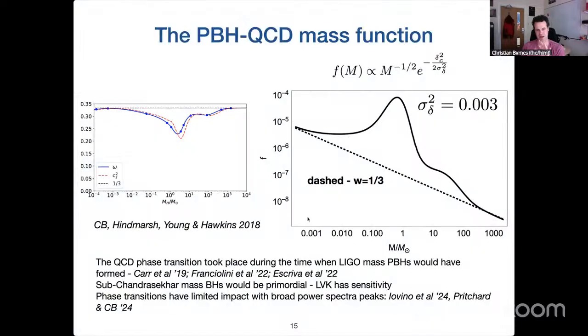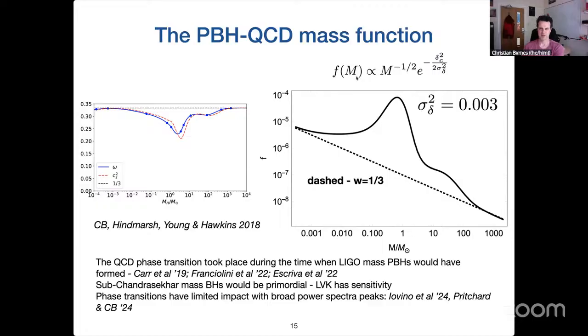Now, related to the LIGO mass is the QCD phase transition. It's a smooth crossover, not really a phase transition, but nonetheless, when the quarks get bound into hadrons, the equation of state, which for radiation would be 1/3, drops a little bit at a given temperature around the QCD scale, which in terms of horizon mass you can convert to basically the solar mass. What does it mean? In terms of f_PBH, here the mass function rather than a single number, because we're not talking about a monochromatic mass function, it would boost the mass function by many orders of magnitude for a given amplitude of primordial fluctuations.